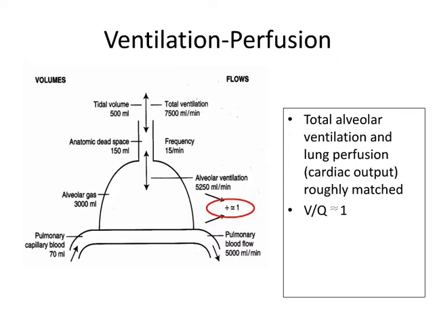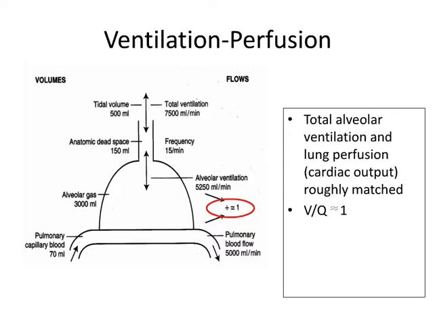Now, with a respiratory rate of 15 and a tidal volume of 500, you can quickly calculate the minute ventilation, or V sub E, as being 7,500 mLs per minute. However, because of the anatomic dead space, the minute ventilation of the alveoli, or alveolar ventilation, V sub A, is much less. It's only 5,250 mLs per minute. You can easily calculate this by subtracting the dead space ventilation, 150 mLs times 15 breaths per minute, from the